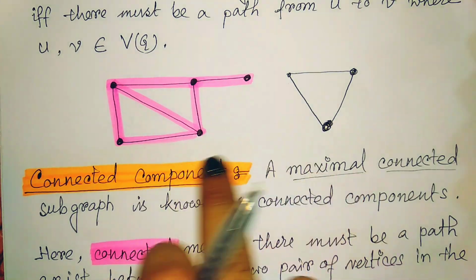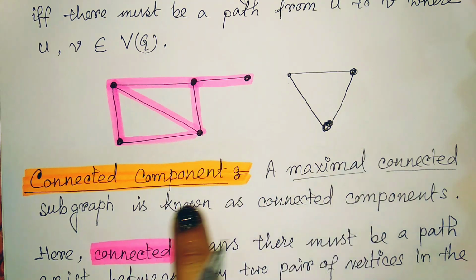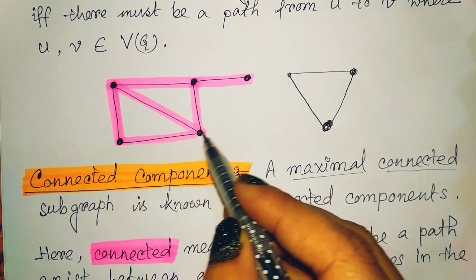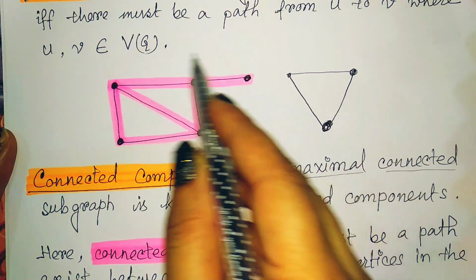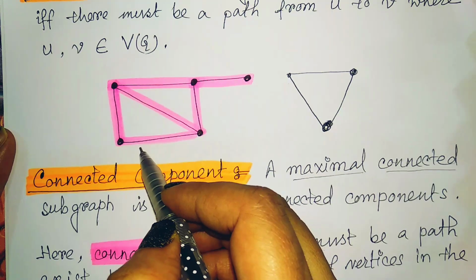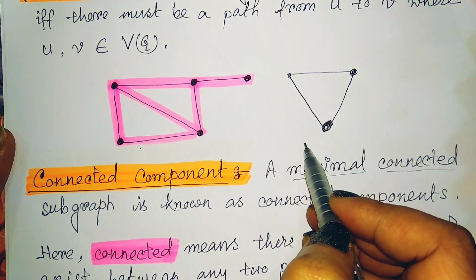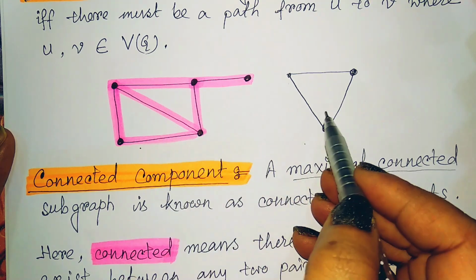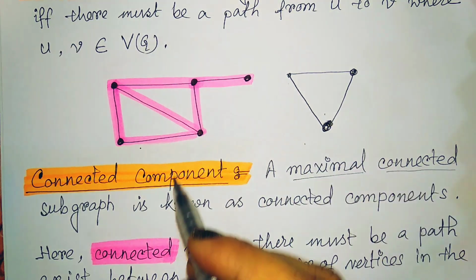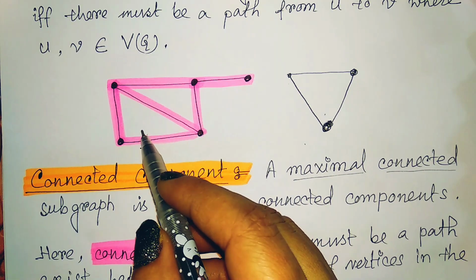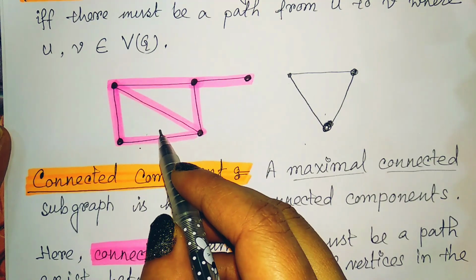Now each individual component is a connected component. We can consider this one as a subgraph and this one as another subgraph. Both are connected components because between any two vertices of each subgraph there exists